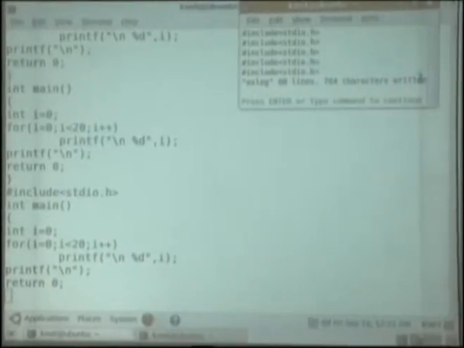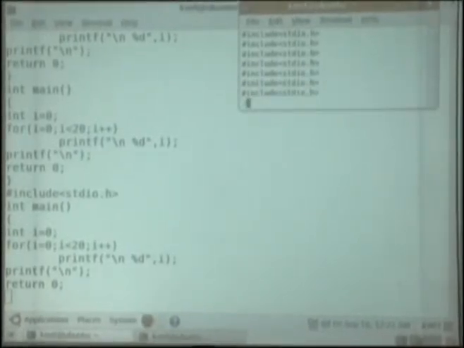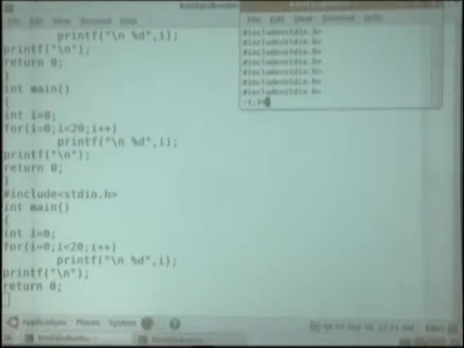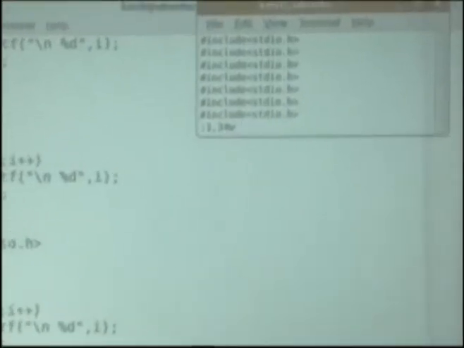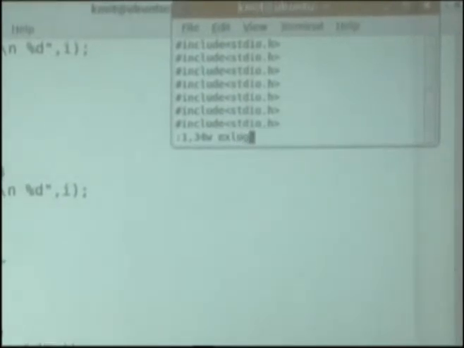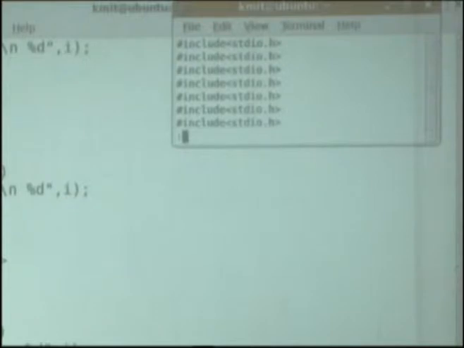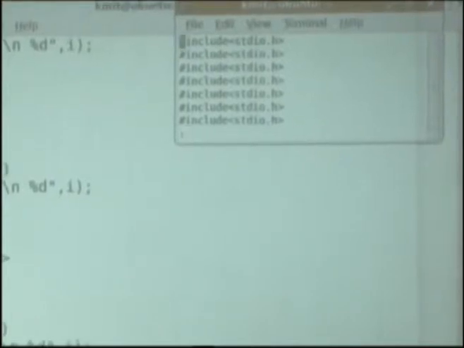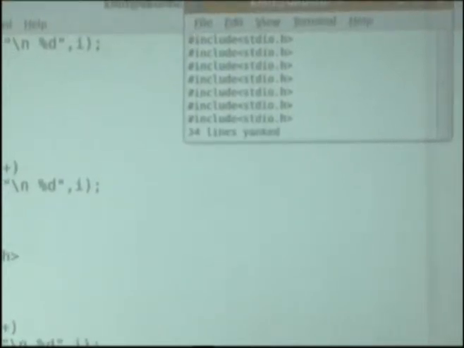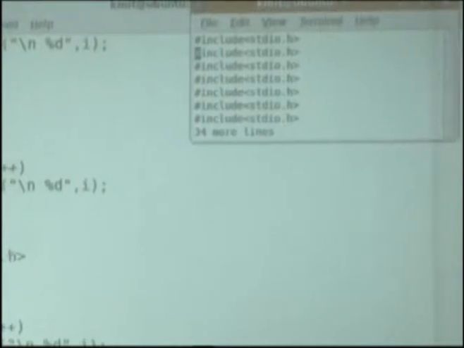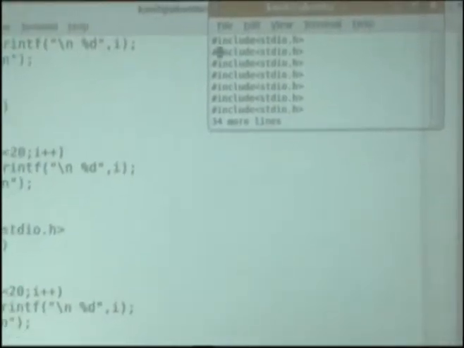Again, I repeat. I'll just yank 1 to 34, copy, paste, and I'll write this.